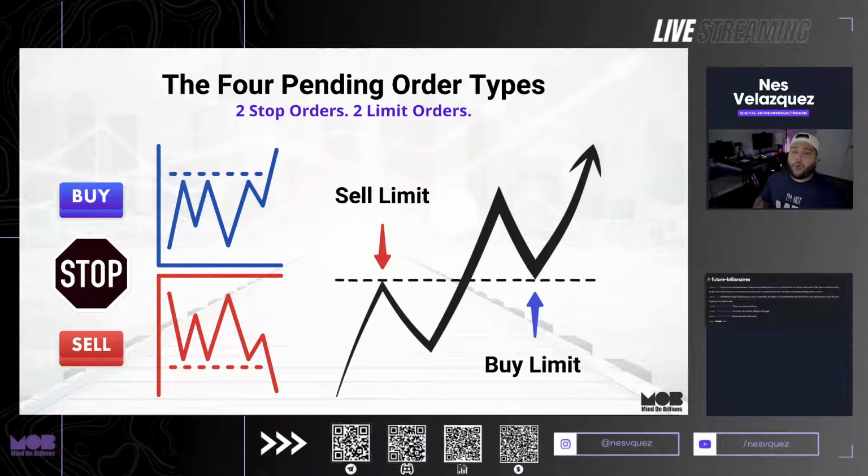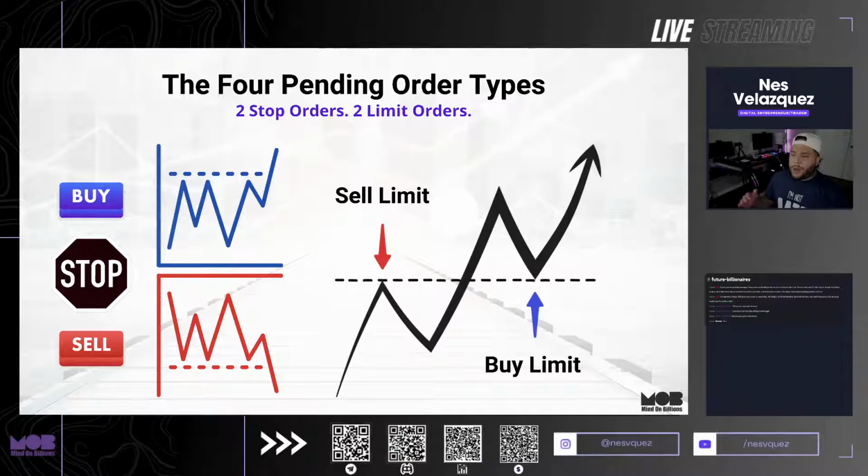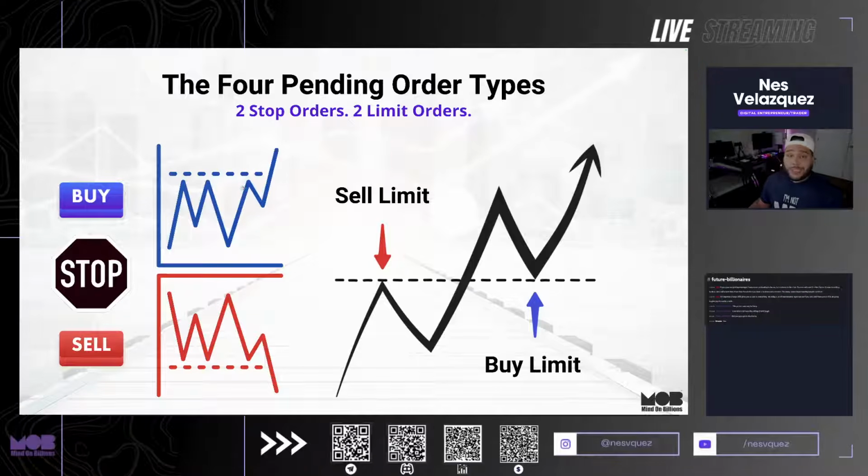So ideally, why would you want to use any of these orders? Well, the cool thing is this. It's basically like setting up bear traps to catch profits. That's really what it is. But let me show you how it works. Let's just say the market right now is at a low point, and it looks like it's about to go into an uptrend, but I want to be sure of it. It's trapped in a consolidation zone, and it looks like it's probably going to break to the upside.